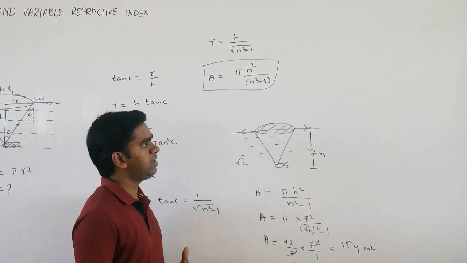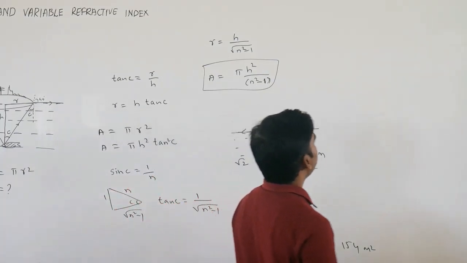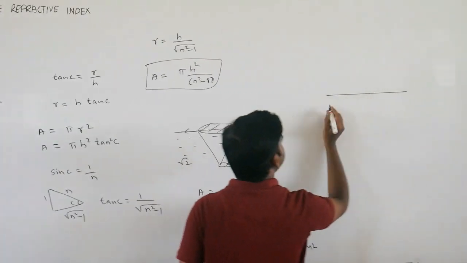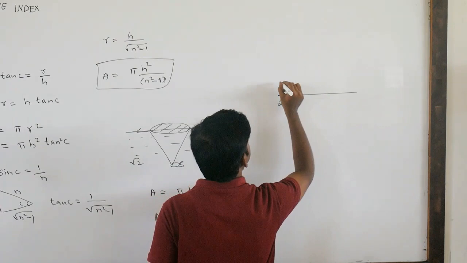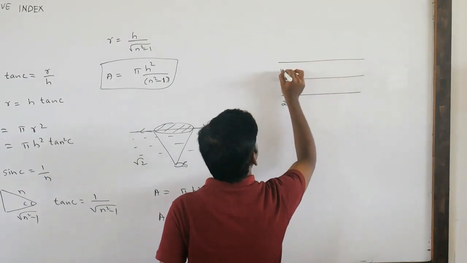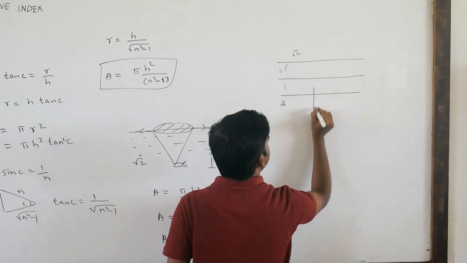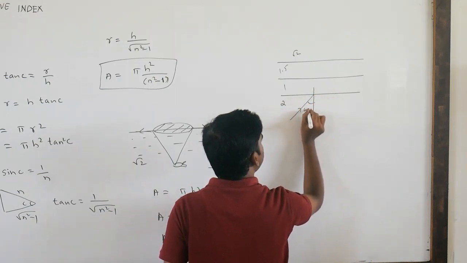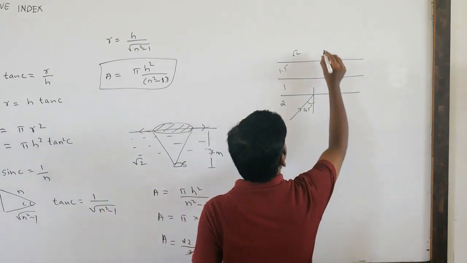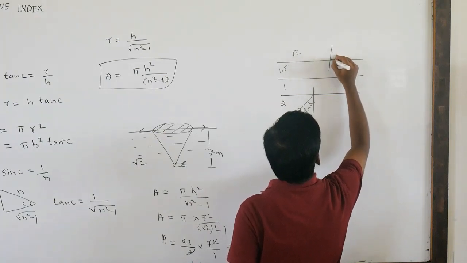Okay. So sometimes we may get confused with total internal reflection and refraction. Suppose once a problem was given like this: there is a medium of refractive index say 2, maximum refractive index. After that there is a refractive index 1. After that a refractive index say 1.5. After that a refractive index say 2. A ray of light is incident here at an angle of 45 degrees, and it will emerge here somewhere. Okay. Or we don't know whether it will emerge or not.